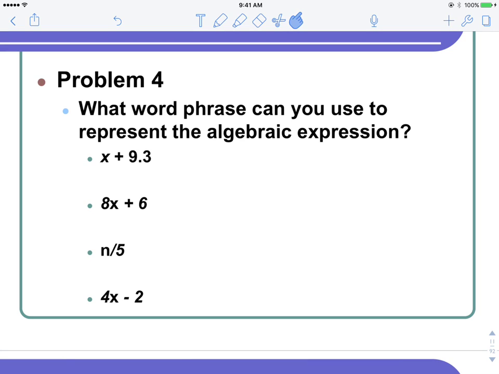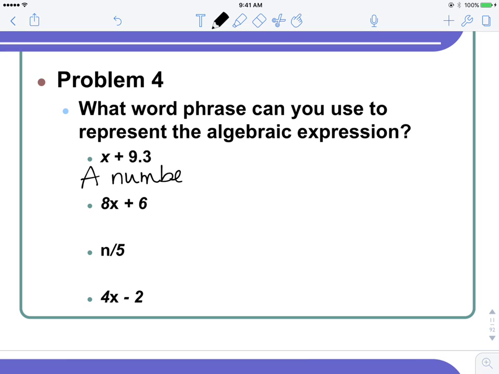What word phrase can you use to represent the algebraic expression? So now we're going to do the opposite of what we just did. You're given the expression, and now we want to use some words to explain it. Now there is not one right or wrong answer here. There could be multiple answers. So if you're unsure, just make sure you check with me or someone else to see if your expression is correct. So here we could say